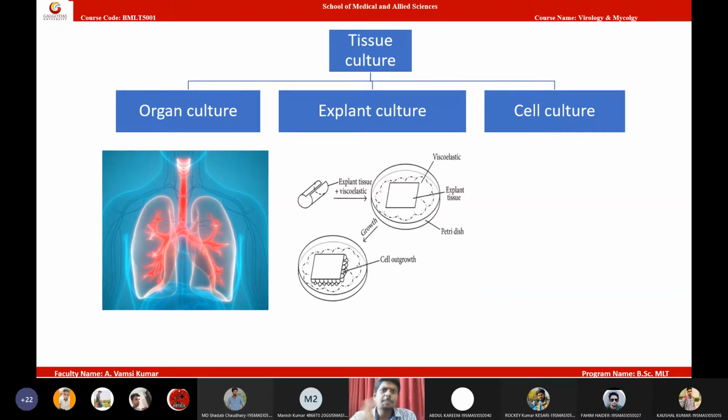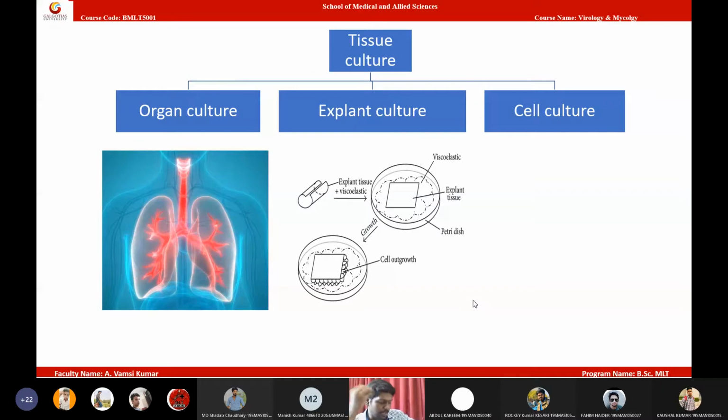Then the second one is explant cultures. Explant cultures means rather than taking the organ, see, we cannot always take an organ from humans. There is only one kidney functional in a patient, and we cannot take his only kidney for the sake of viral growth. Then what we can do is prepare a duplicate tissue from the organ. So minced organ is called explant. We will take a piece of this organ, mince it in a fluid, then prepare an explant. That means we will make a layer of cells. So that is called explant.